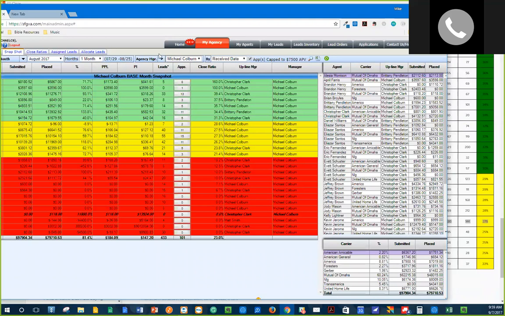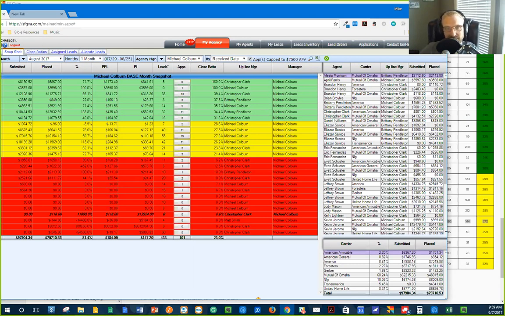Yeah, and I'm just going to show you some of these numbers. For the time being, I'm not going to show the people. Some of you might have already seen a few. Overall, the agency is at 81.4%. So awesome job on that, okay? But for the month, we bought 433 leads and closed 101. That's 23%. That's way low. We should be above 30%.